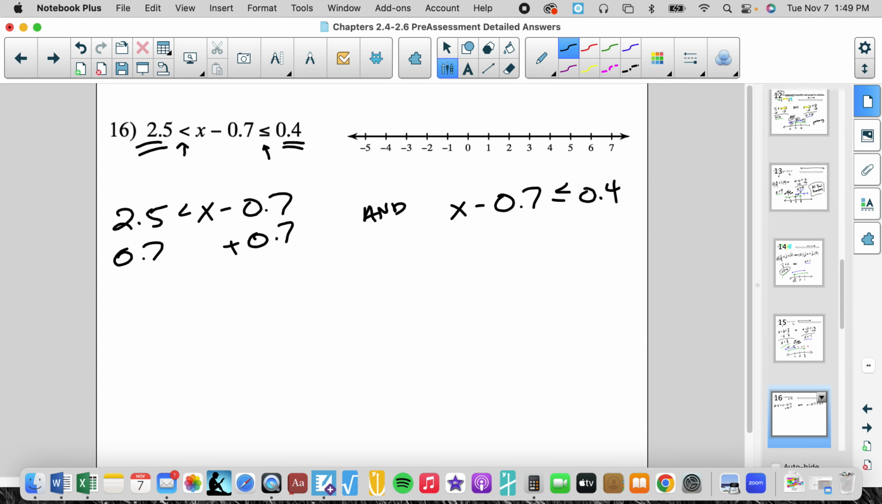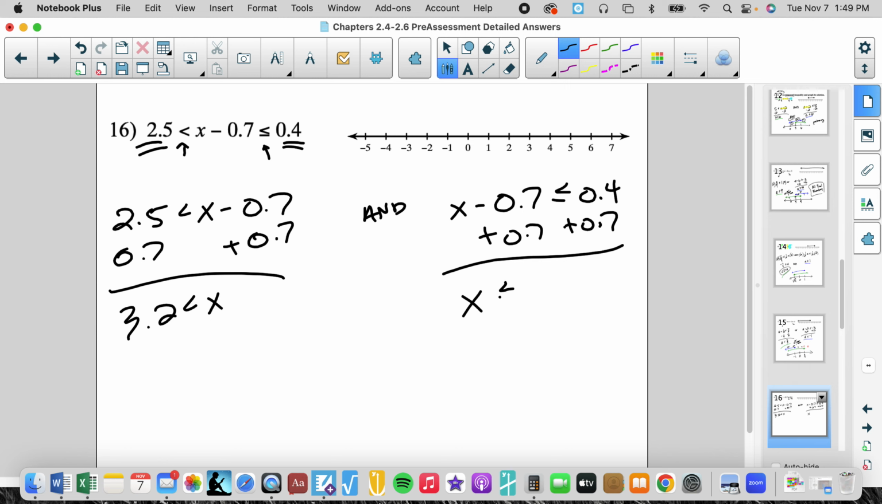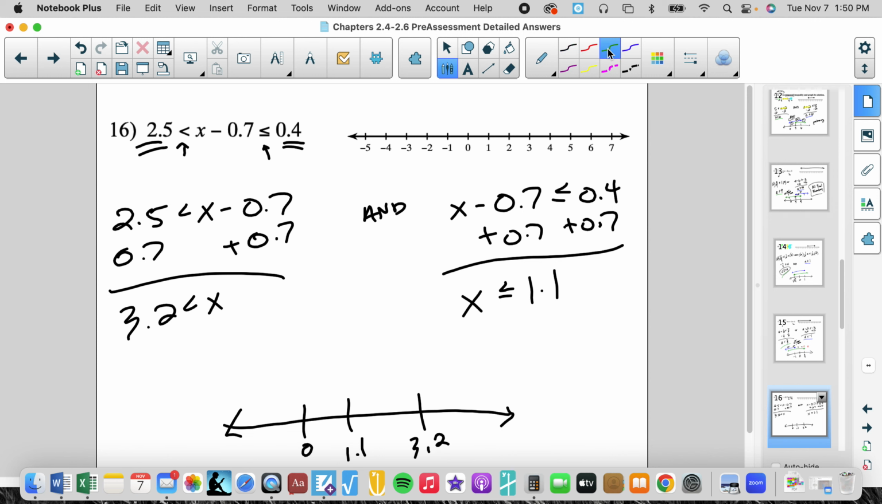Add 0.7. We get 3.2 is less than x. Let's add 0.7. We get x is less than or equal to 1.1. So x is less than or equal to 1.1 and greater than 3.2. So 0, 1.1, 3.2, greater than 3.2, open circle, less than or equal to 1.1, closed circle, and since it's an AND,